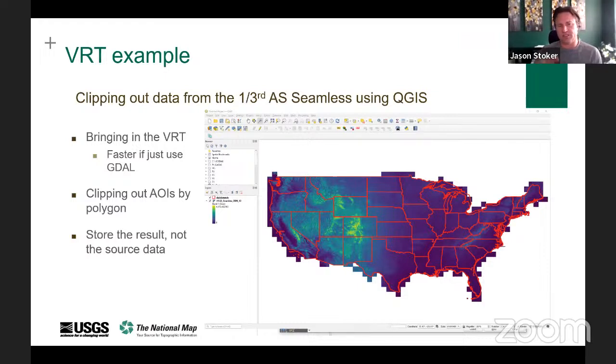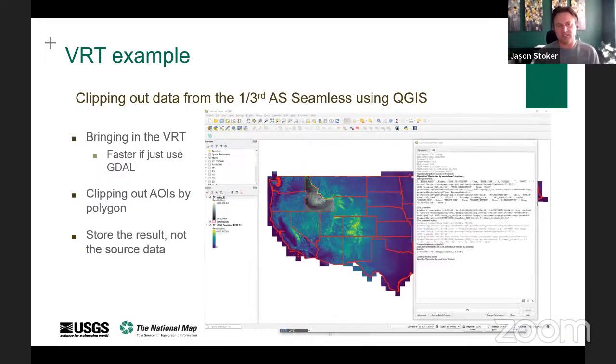If you really wanted to just process the data and you know what you wanted to do, you could use some command line code like GDAL, which is what's running in the back end of this clipping tool I'm going to show. We wanted to get a 10-meter DEM of the entire state of Idaho. In the past, in order to do that, we would have had to select all those tiles, download them all down, mosaic them together, and clip them out by the polygon. But with this VRT process, we can just bring in the VRT, bring in the shape that we wanted to clip, and then clip out that entire 1/3 arcsecond and have that mosaic of the entire state. I know it's hard to read this eye chart here, but for me, it took about 26 minutes to do all of that.